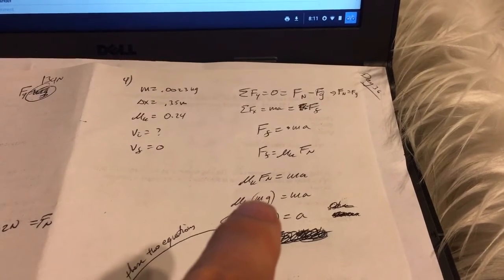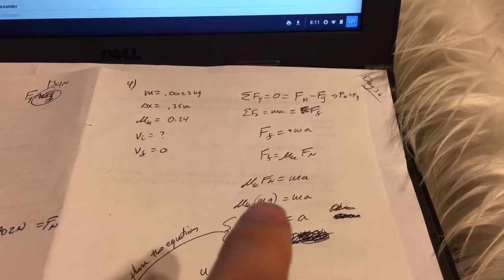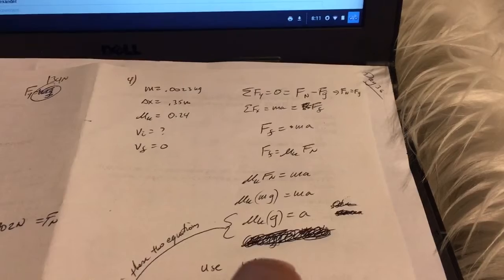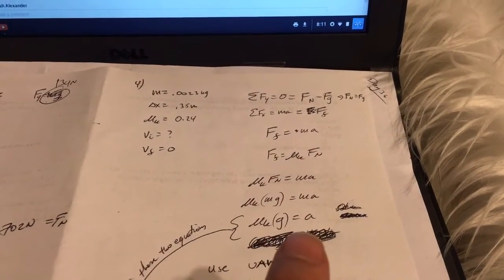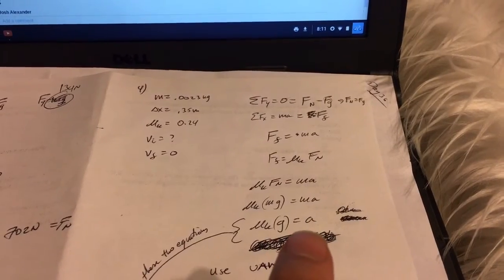The normal force is equal to the force of gravity, which is mg. So I'll do that substitution. And now everybody brought mass to the party. Ha ha ha. And so we can cancel mass. And so we get this relationship with acceleration, mu, and gravity. The issue is we don't know what the acceleration is,